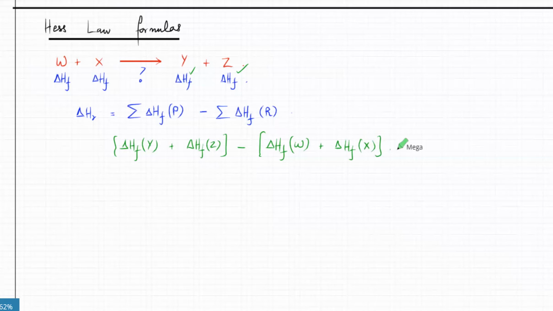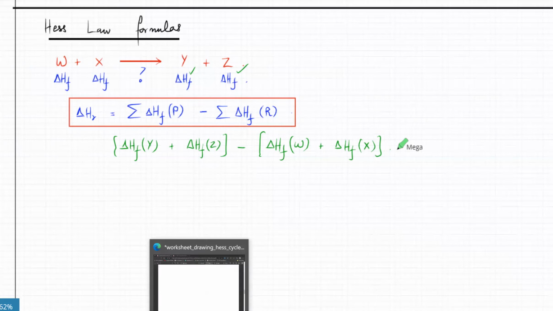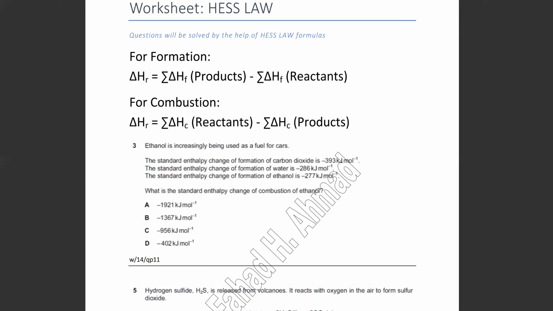So that is what the formula is. But it's a conditional formula. For this, you should know the enthalpy. The only possible way you can use the formula is if you know the enthalpies of formation of the products as well as the reactants, so you don't have to draw the Hess cycle. So we're going to try and